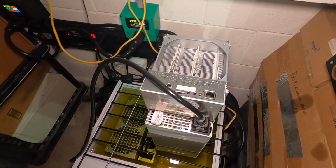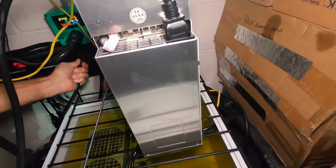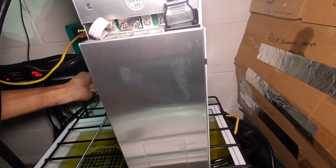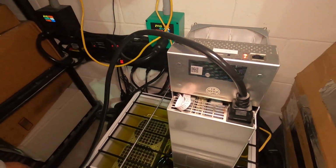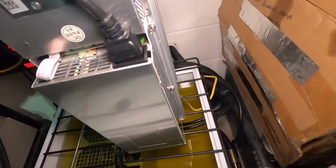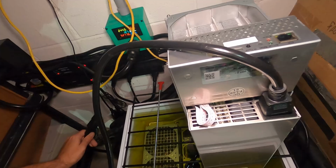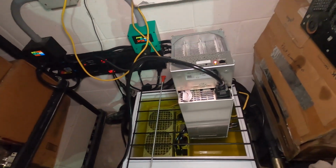Well, sometimes it powers on and sometimes it doesn't, but I want you to hear the sound that this thing makes. So I'm going to plug it in real quick and be quiet so you can actually hear the sound this power supply makes. It's like a little crackling sound. We are getting power to the control board, but that crackling sound, it sounds very weird. Sounds like it's coming from the top here. Somewhere right here. Don't like that sound. Not sure if that's normal for the Whatsminer M30S, but